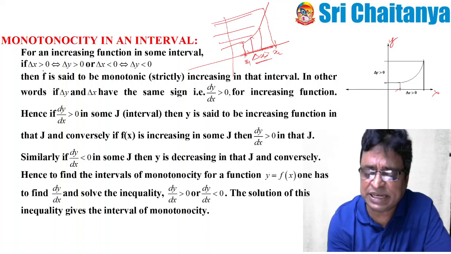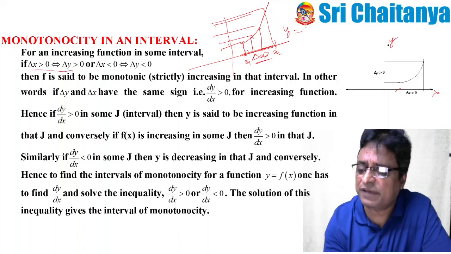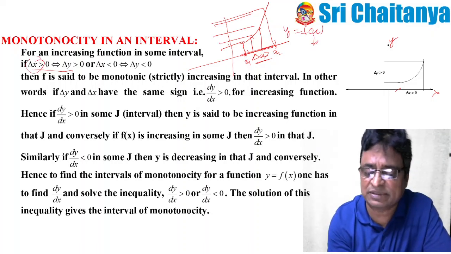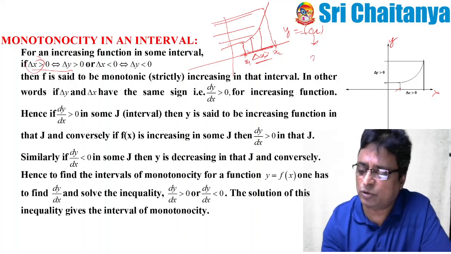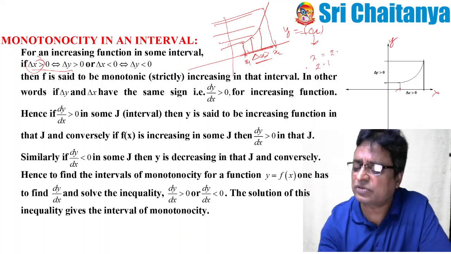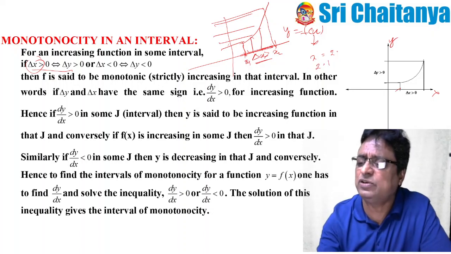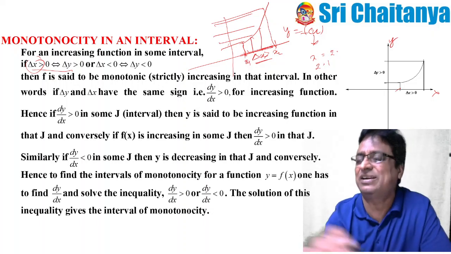Whenever delta x is increasing, the corresponding values of delta y, if y equal to f of x, then whenever x increases, that is delta x. So if there is a small increment in x, that is called delta x. Suppose x is equal to 2, then 2.1, these are the nearest values to x. What is the gap between 2 and 2.1? 0.1. That 0.1 is called delta x.